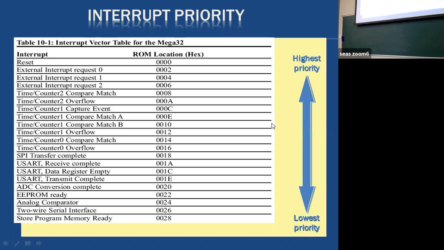Right? So if more than one interrupt comes at a time, the interrupt with the higher priority will be addressed, then the next interrupt will be addressed. Right? It is what happens. Three interrupts come together. Okay. First the highest priority is addressed, then the next priority and the next priority. Clear? So you can activate these many interrupts and the priority will take care of which one to address first, if all of them come to the controller simultaneously. If they come one by one, okay, there is no problem. Clear?